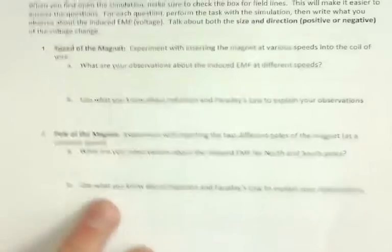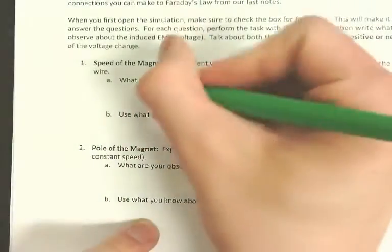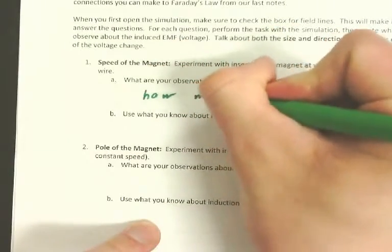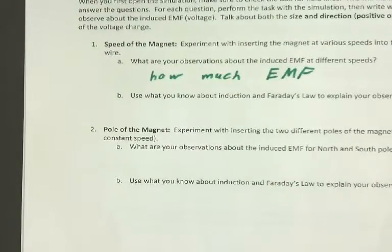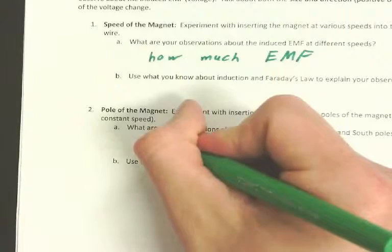So we found for A that this changed. When we changed the speed of the magnet, it changed how much EMF there was. And when we changed the pole of the magnet, you said it changed the direction, but not necessarily how much there was, right? Okay, so this changed the direction